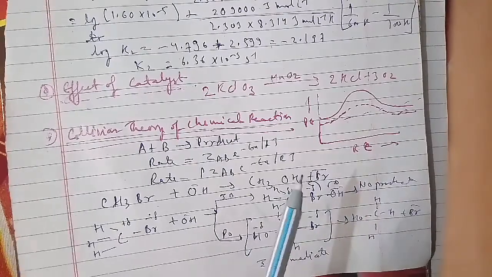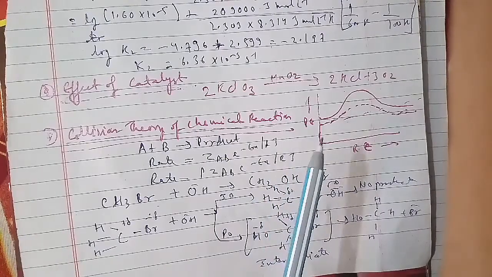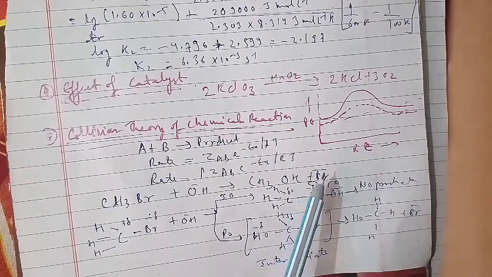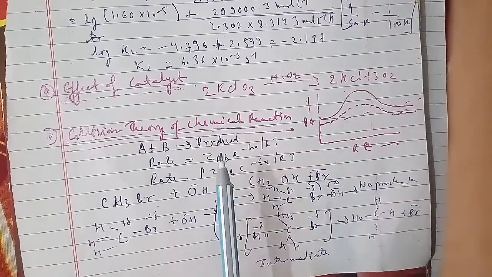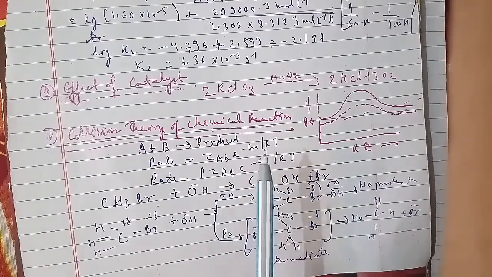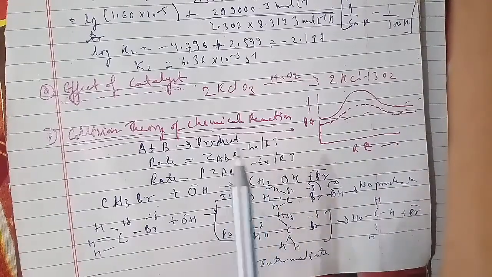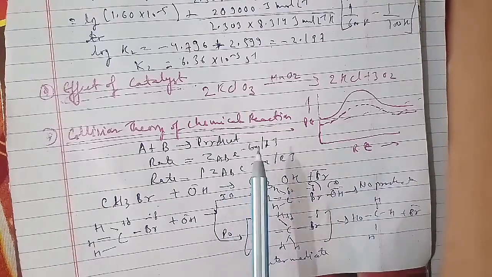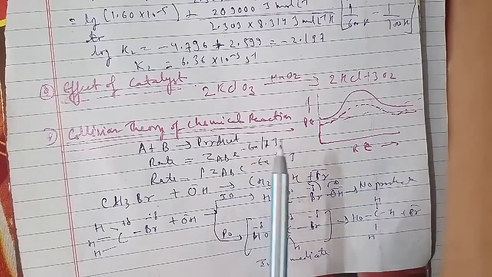The time required for 10% completion of a first order reaction at 298 Kelvin is equal to the time required for its 25% completion at 308 Kelvin. If its value is 4 into 10 to the power 10, calculate K at 318 Kelvin and Ea. The rate of the reaction quadruples when the temperature changes from 293 Kelvin to 313 Kelvin, and you have to calculate the energy of activation of the reaction, assuming that it does not change with temperature.